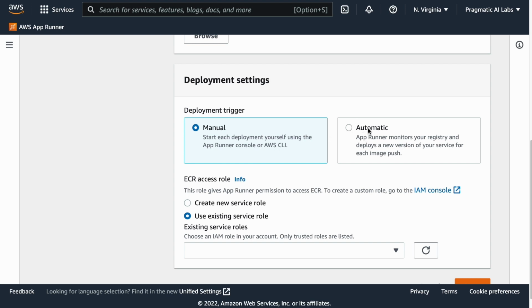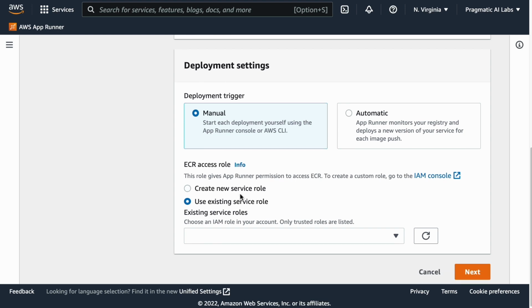The automatic is pretty slick because it means that if I wanted to push a new container every time I made a change to the application, like for example, I added a new web service endpoint, the build system, if I hooked up, let's say, AWS CodeBuild, which is similar to GitHub Actions, would go through and automatically push the change. So in most cases, this is probably what people want. Because I'm doing a demo, I'm going to leave it here for manual. And then in this case,